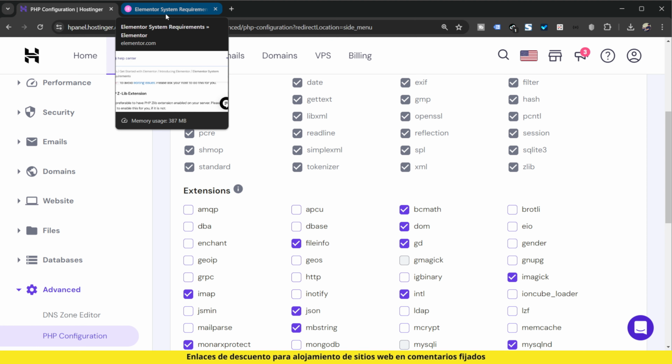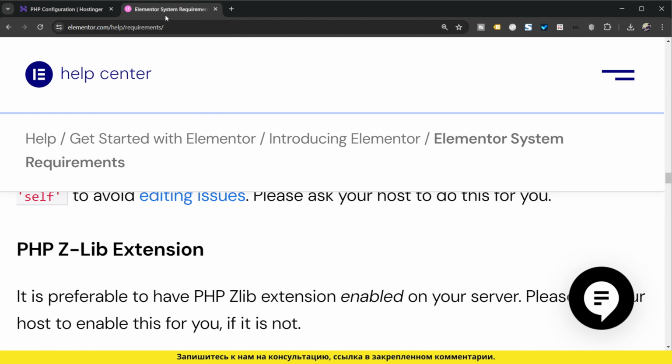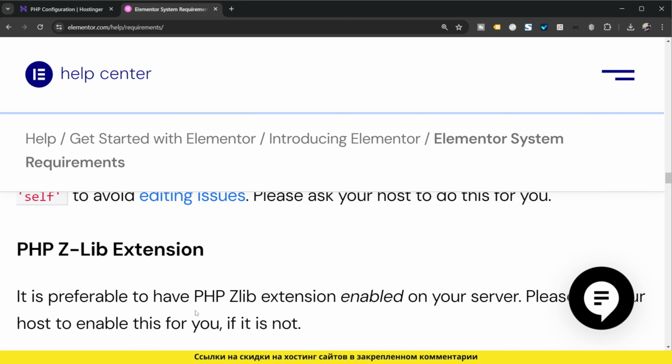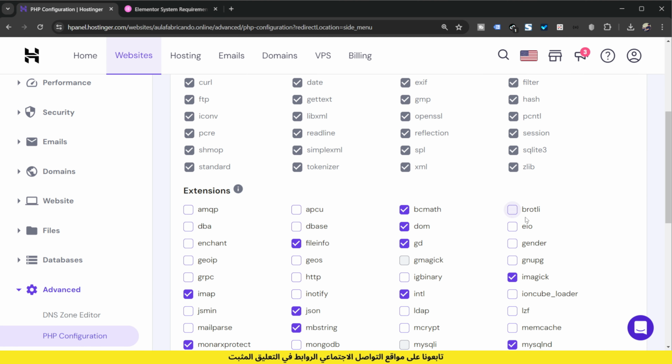You go to Google and search for the name of the plugin and the PHP extensions it needs. Or read the documentation. So, for example here, Elementor. It has the PHP ZLIB extension as a necessity. It needs this extension active. Coincidentally, it is also an extension required by WordPress. So it's obvious that our site has the extension active, but it's important for you to know that all of